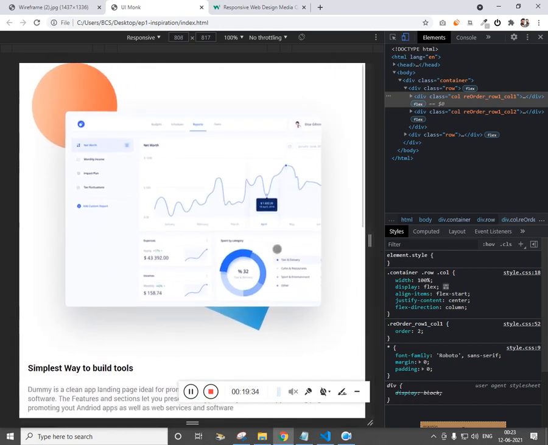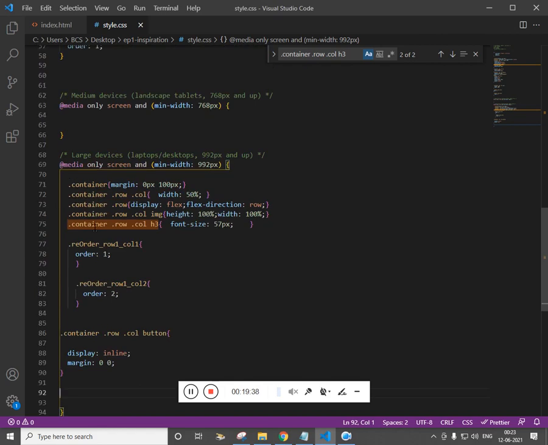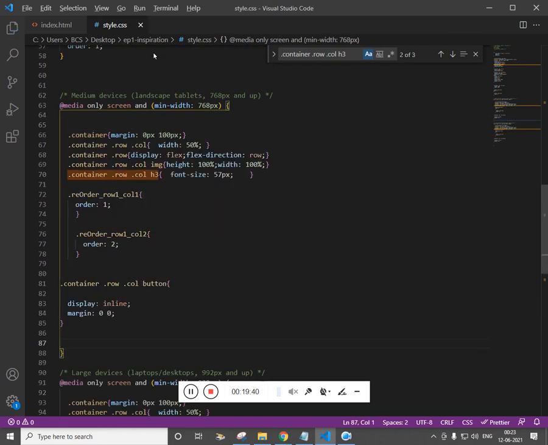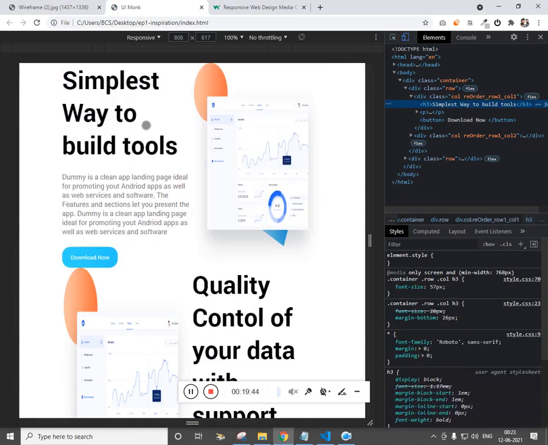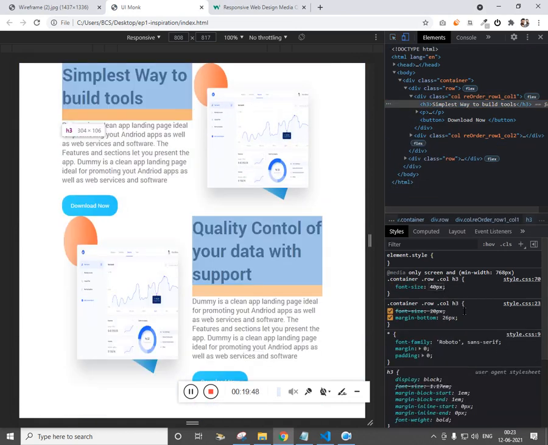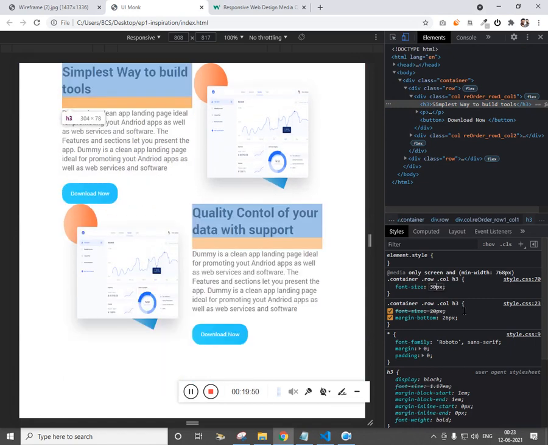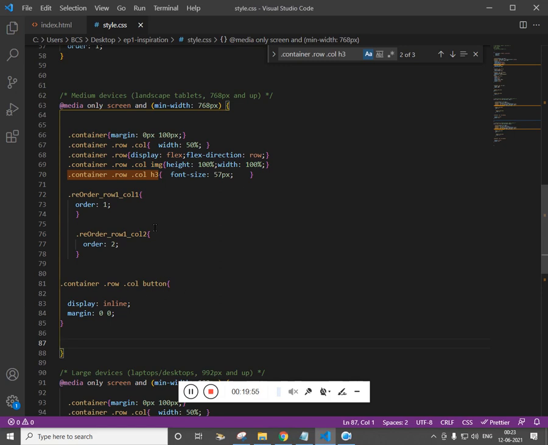Copy paste it, and I want to just reduce the font size for the tablet. For the tablet, the H3 it should be 25 and a margin left and right it should be 50. Only these two is required.